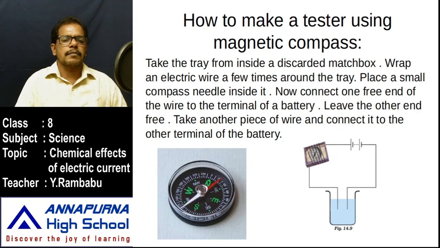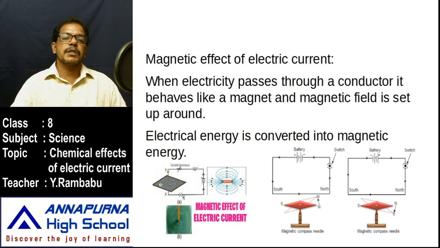In the same manner, this compass needle also works. When this magnetic compass is placed, first it oscillates and comes to rest. Means it is also influenced by Earth's magnetic field. By using this magnetic compass, we made this tester to detect the smaller magnitudes of current, that means weak currents. And first Oersted conducted an experiment, and he proved electricity and magnetism are interlinked.